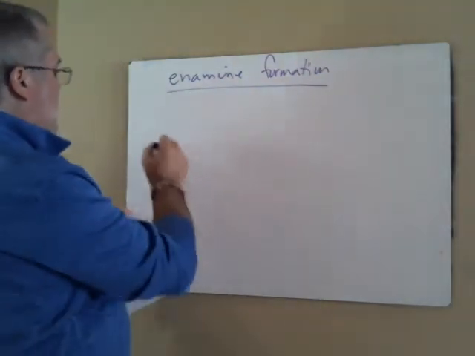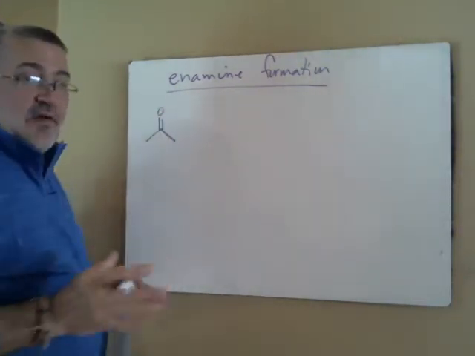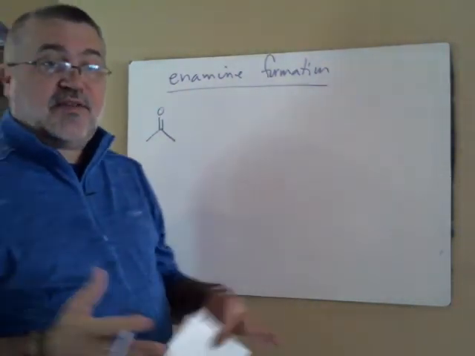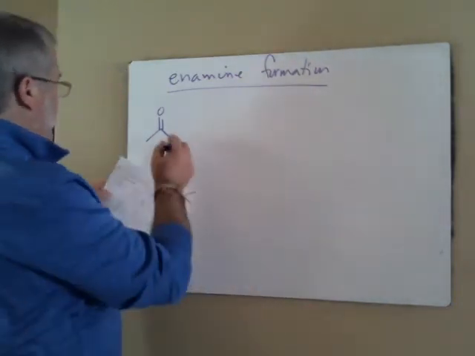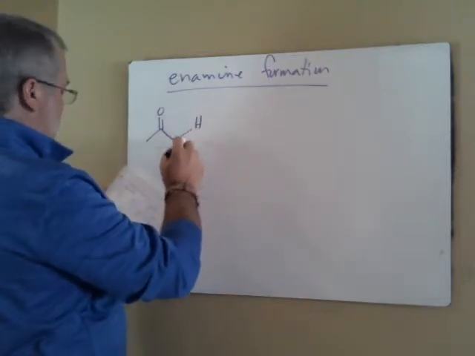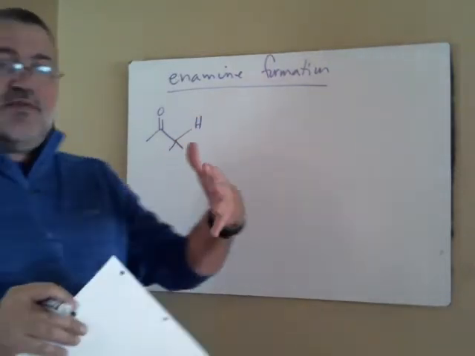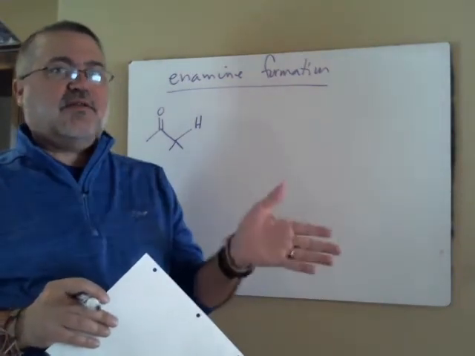Okay, in enamine formation, we're going to see something that's very similar to imine formation. And it's got to be similar because they're both amines that are reacting, but there is just this subtle difference. And so just as you saw in the very first schematic from last lecture where I was comparing the two,